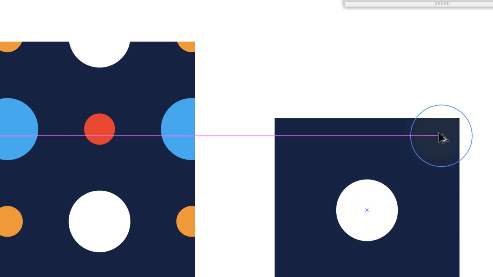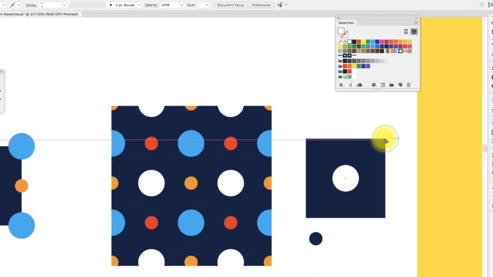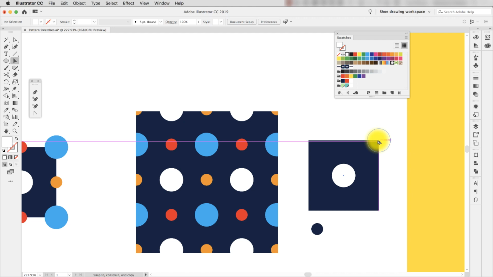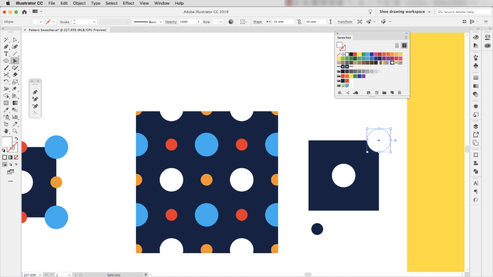When I have the center of the circle aligned with the corner anchor point, the arrow turns white. I release the cursor now. I now change the keyboard increment to be the same size as the background square, 30mm. And I'll copy the circle to the other 3 corners using the Alt Option key to copy and the keyboard